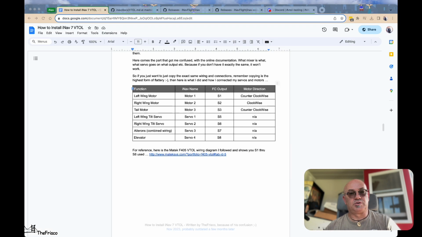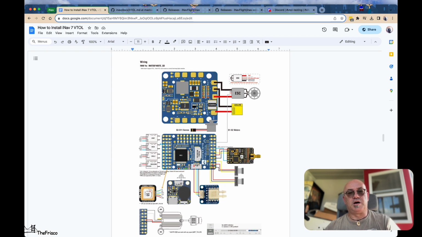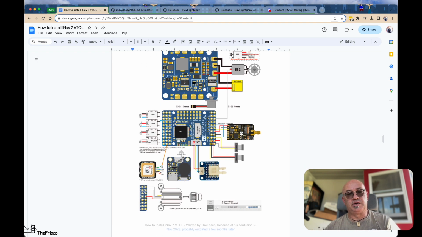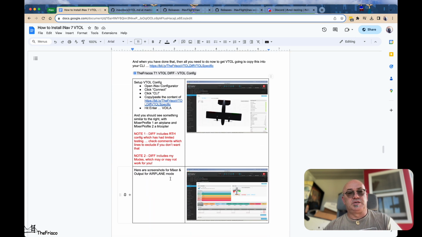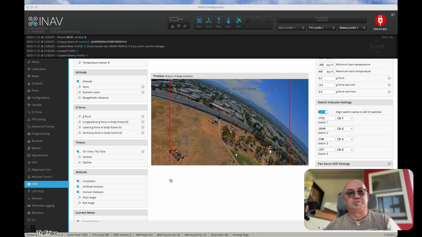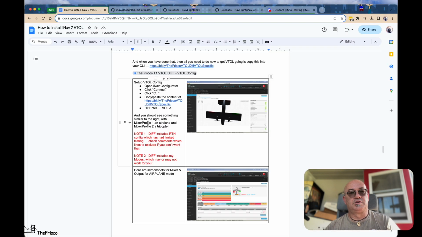If we're gonna scroll down, there is a really great wiring diagram on the Matek website. The link is there, and it's pretty much what I did on mine. So you can see that here. And then let's hop over to iNav. And basically all you need to do is go to the CLI, open my VTOL specific